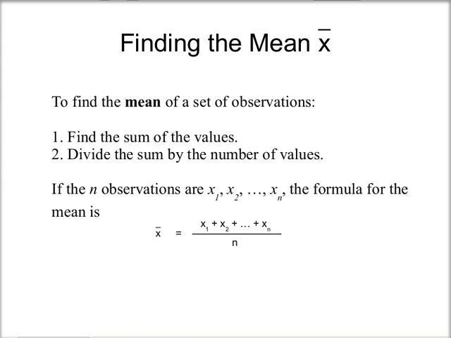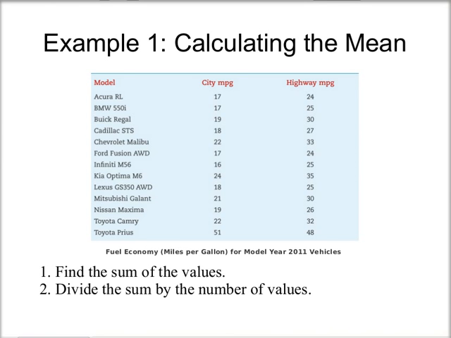So let's look at an example of that. I'm going back to my chart here that we've seen before with the gas mileages for some 2011 model year vehicles. And we're going to look at city miles per gallon again. My first step is to find the sum of the values. So I just go down my column here of city miles per gallon, and if I add those all up, I will get